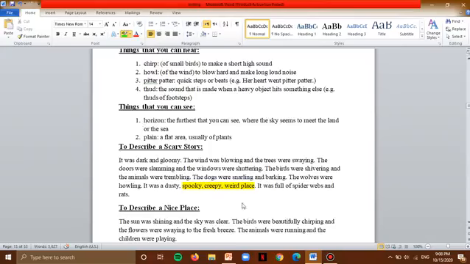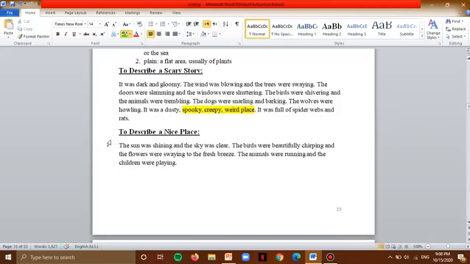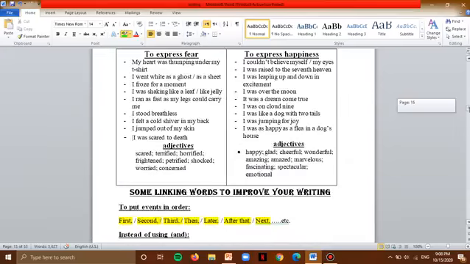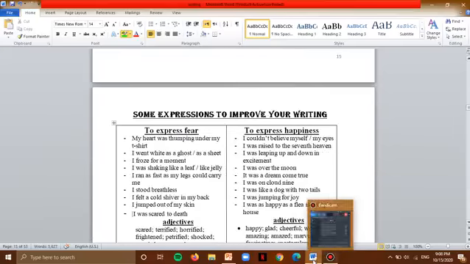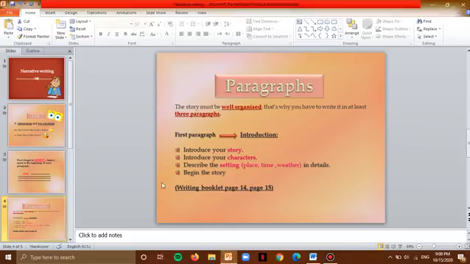Fine, and we said that we can also use those words or expressions to describe my place or to create the mood for my reader, if I'm writing a scary story, or if I'm describing a nice place, if I'm writing an adventure story, for example, I use these. And then here we finished our introduction.